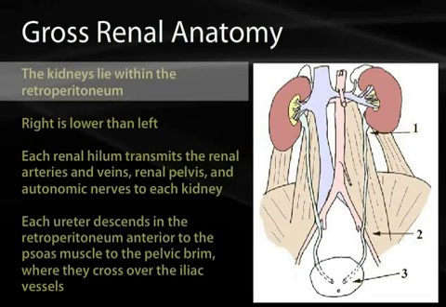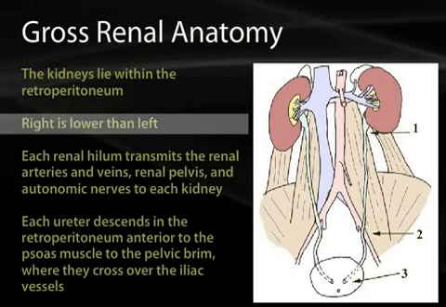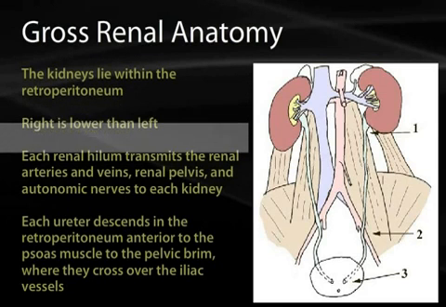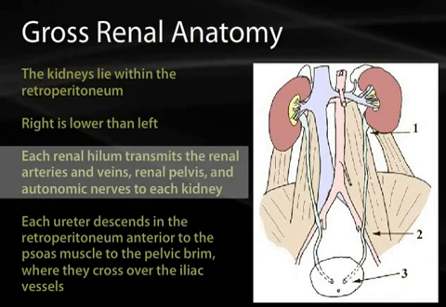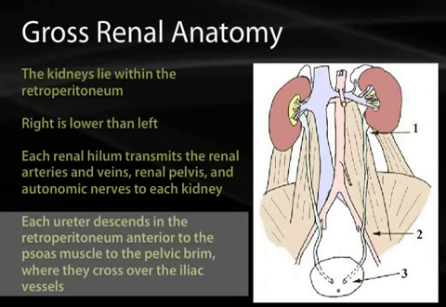Also important to remember is the kidneys lie within the retroperitoneum. The right kidney is slightly lower than the left. Each renal hilum transmits the renal arteries and veins, renal pelvis, and autonomic nerves to each kidney. Each ureter descends in the retroperitoneum anterior to the psoas muscle to the pelvic brim, where they cross over the iliac vessels. You will see on this image 3 spots denoted numbers 1, 2, and 3. These spots are denoted for they are the places in which kidney stones are most likely to become lodged and